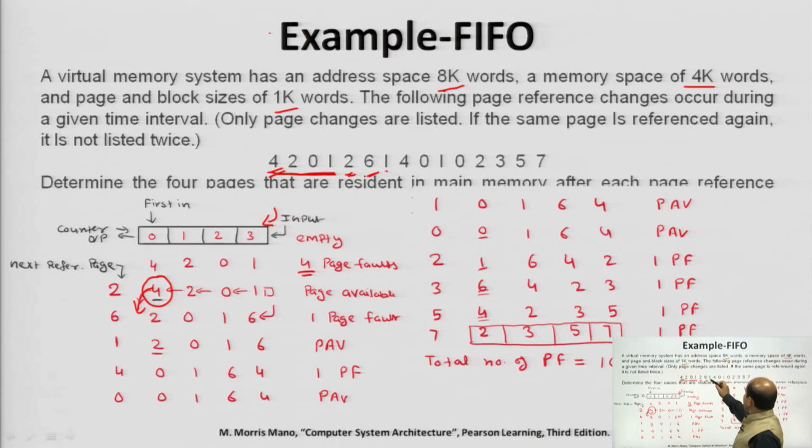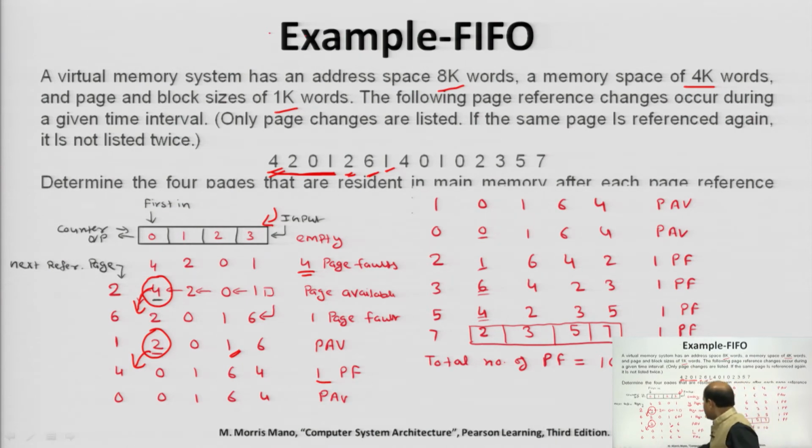Now, the next page is 1. You can see page number 1 is available. So, we write page is available. Next is page number 4, which is referenced, but because page number 4 is not available, a page fault occurs. So, this will be replaced with page number 2. This will be removed because page number 2 has the longest time period in the main memory, or its identification number is at the top location of the stack. So, that is why page number 2 will be replaced, or removed.